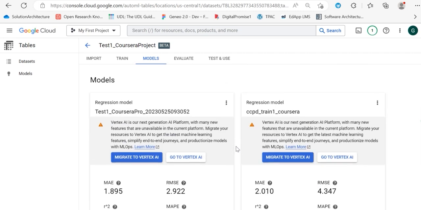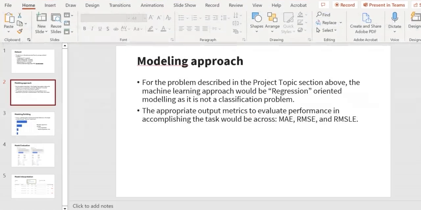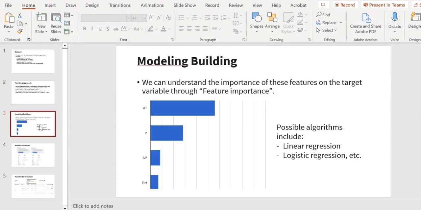So this is how the modeling will be shown initially. Let me just quickly go back to my indexed presentation. So, model building. Here we understand the various features and their importance towards the target